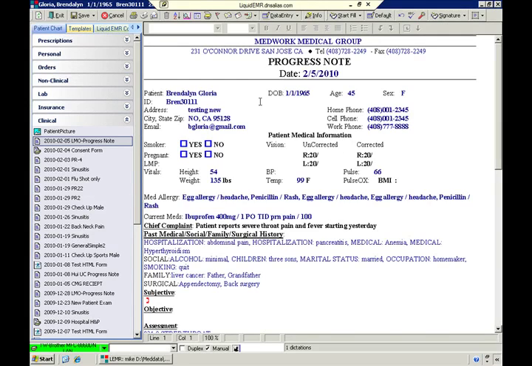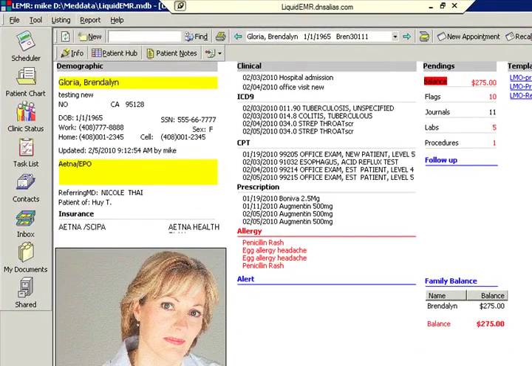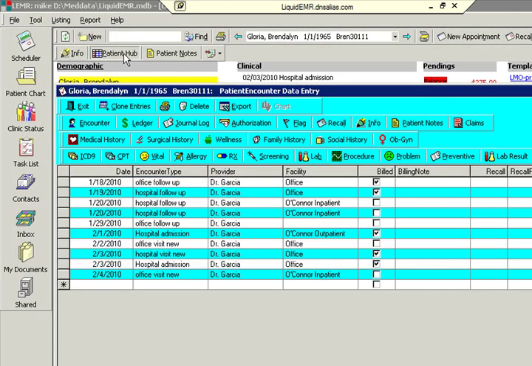Now we're going to do something different. First, we're going to click on the Exit button at the top left of the screen, and this is going to take us back to the patient's chart. And now let's click on the Patient Hub button and say that we want to generate a prescription here. So we're going to click on the RX button,